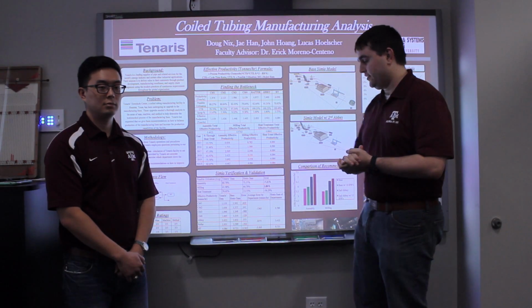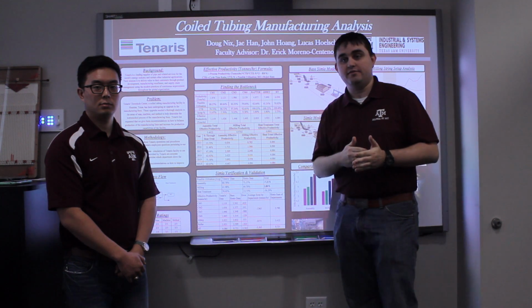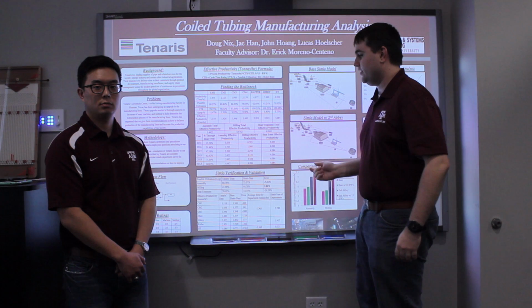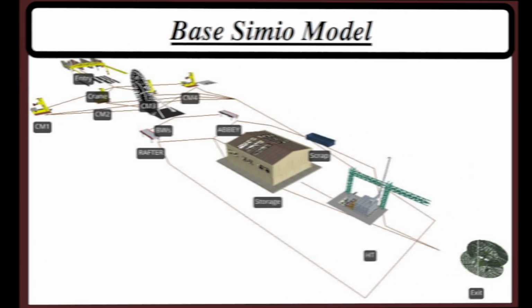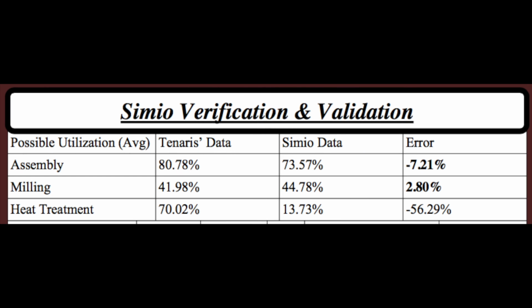Alright, so for the next step in our analysis, we created a simulation model in a software called Simio in order to verify and validate the numbers provided by Tenaris. Now the simulation model is representative of the process. As you can see, this table verifies our model, but there is one discrepancy that I'd like to address. Given the low quantity of materials that currently run through heat treatment, Simio interpreted that as a very low utilization for the heat treatment server,